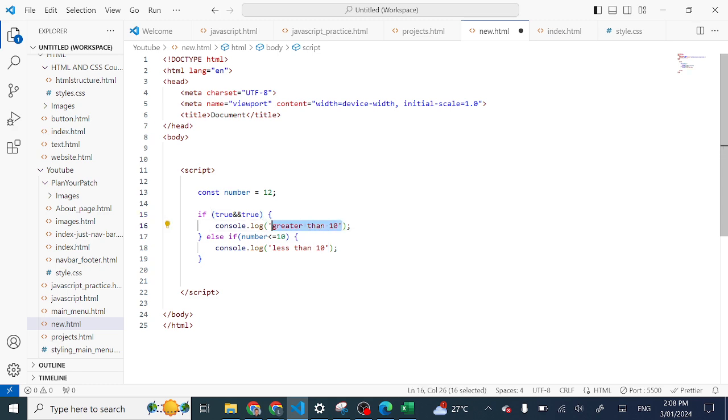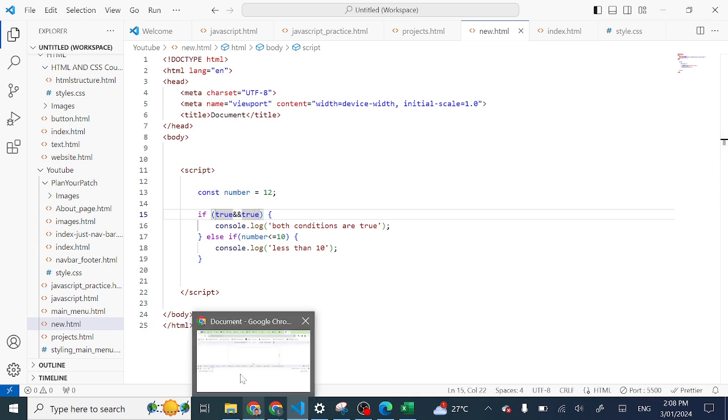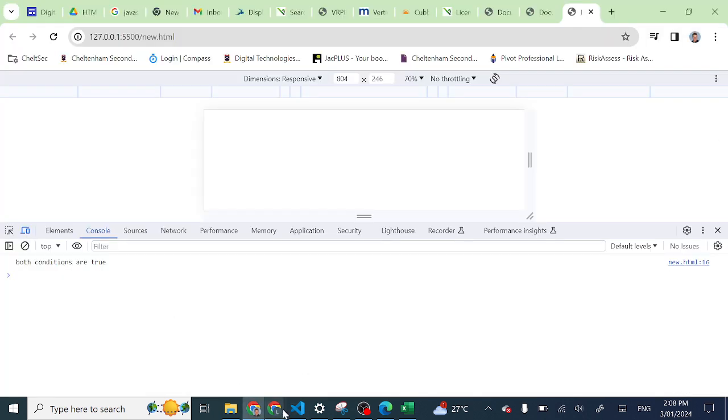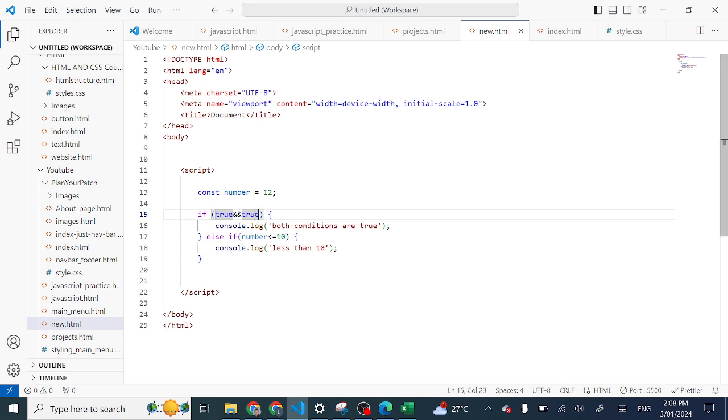Just so it makes a bit more sense, both conditions are true. I'm not going to bother, but I could put in a different message saying only one condition is true. Now, if I run my code again, basically what it's saying is, right, both conditions are true, and if I was to change one of them to false,